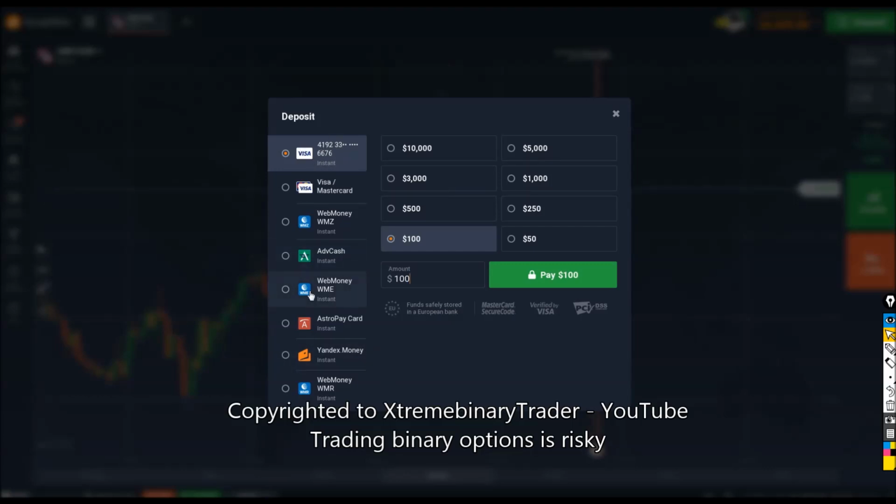By the way, this number is expired, no more renewals. I can deposit using Visa, of course, but the problem is when you are going to withdraw, you will be able to withdraw to your Visa only the same amount you have deposited. But the problem with the profits, you have to use a money platform in order to withdraw it. And as you can see, all of these are Russian platforms. I tried each one of them, and they are really hard to understand. Most of them are in Russian language, even when you translate it to English. So I'm actually having a hard time depositing money in IQoption. But anyway,